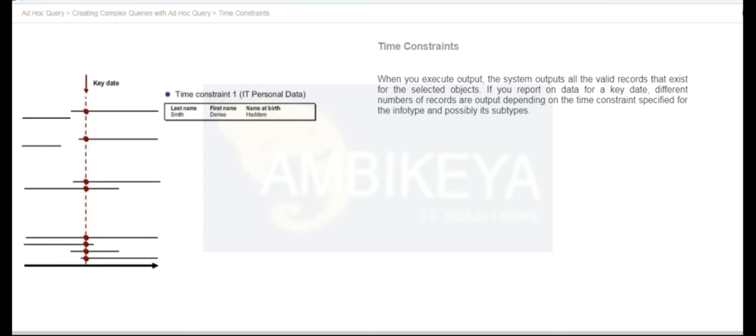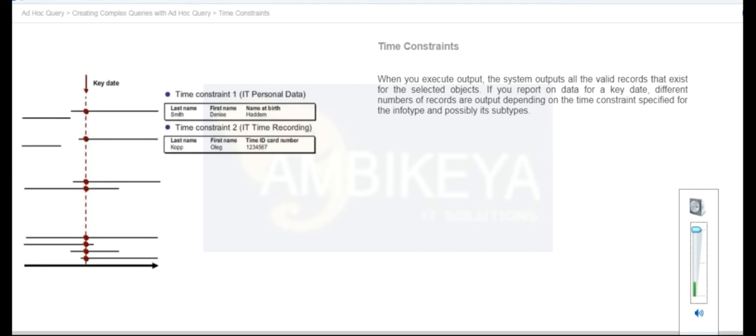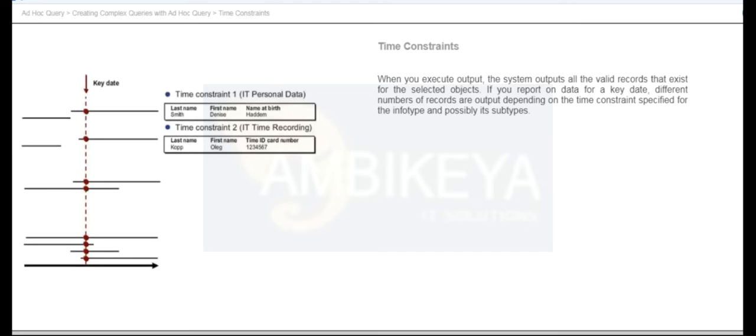For example, info type 0002 personal data. Time constraint 2. One row is output per object because the system can only contain one valid info type record. For example, info type 0050 time recording info. Time constraint 3. The system can contain several valid info type records at the same time. For this reason, the number of valid records determines the number of rows that are output for each object. For example, info type 0023